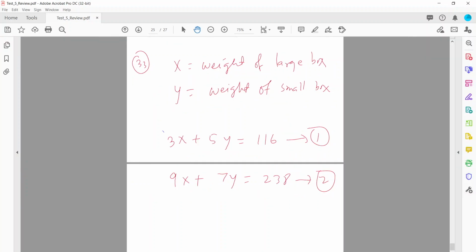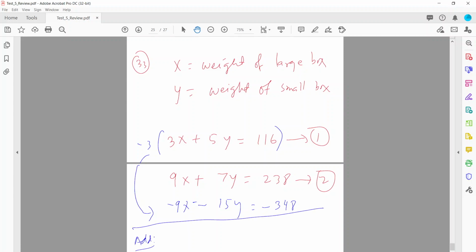So I'm going to multiply the first equation, both sides, by -3, and that will change my equation to -9x - 15y = -348, since 116 times 3 is 348. This is the same as equation 1, just a different form of it. Now I can add this to equation 2. The 9x and -9x will cancel out. From here I will get -8y, and from here I'm going to get -110. So if I divide both sides by -8,